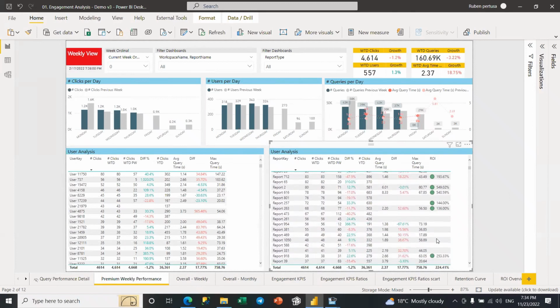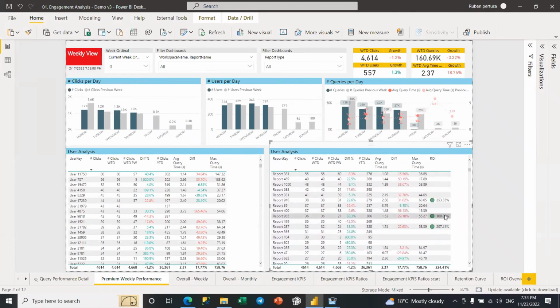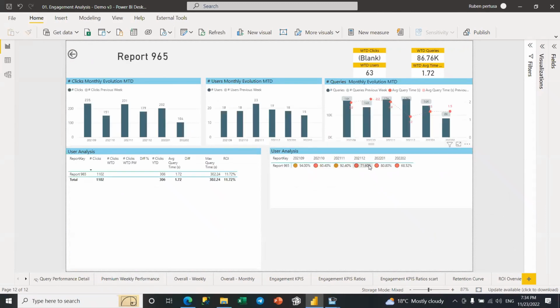And for whatever reason, if they are not giving us the proper evolution or the proper return of investment, we will go back next time saying, look, we spent a lot of effort, hours from the team building this. You promised all this amount of clicks. No one is really using this. You didn't really get properly the needs from the different users and the team members. And next time, unless you give us better requirements, we will not put this as a priority.